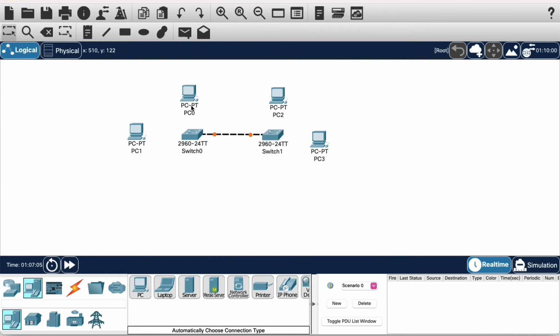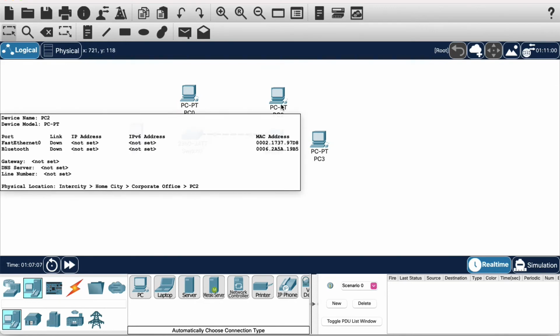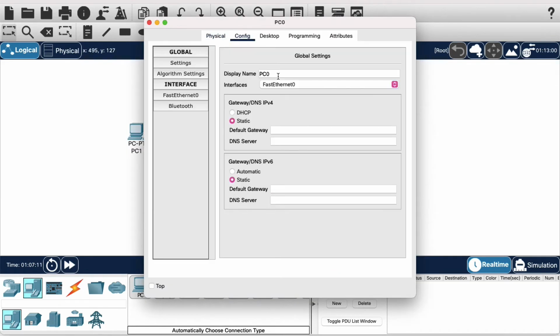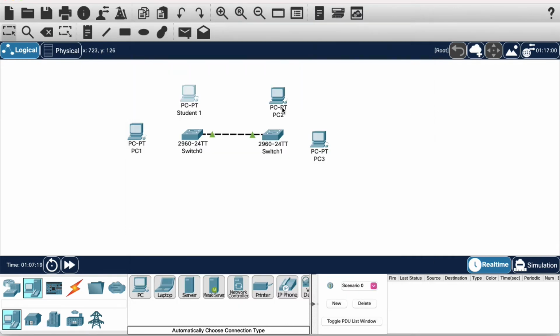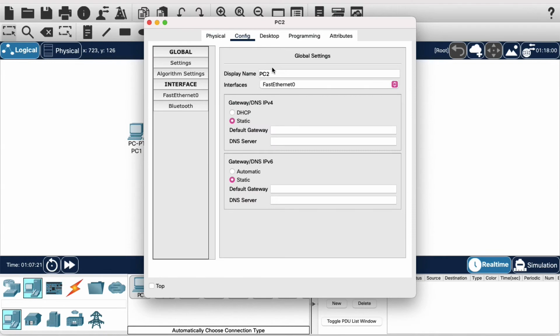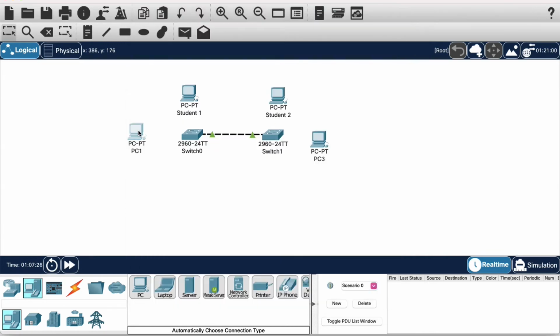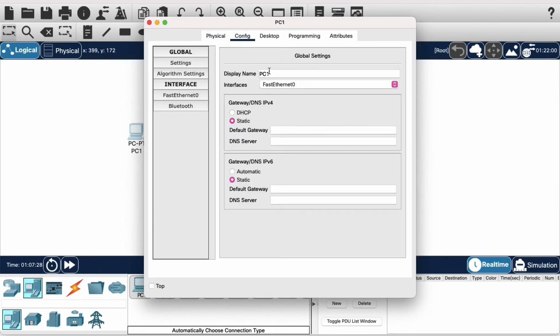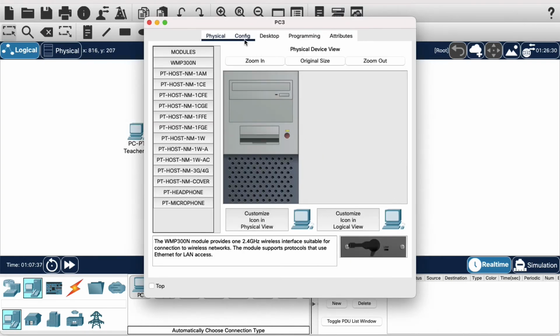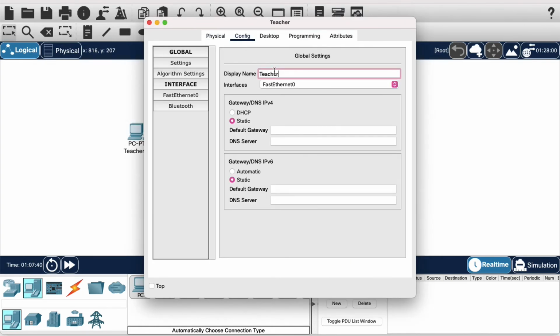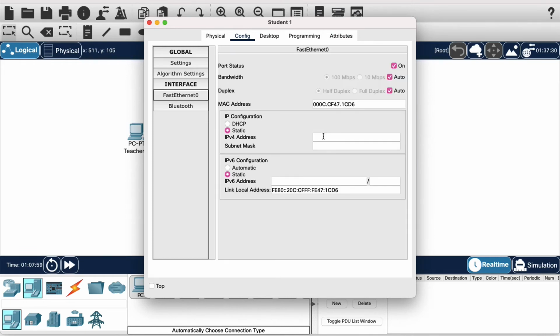So what we are going to do is PC0 and PC2 here are going to act as our students. So student 1, and this device is going to act as student 2, and this device we want to configure it as teacher 1, and this device we want to configure it as teacher 2. So let's give our student an IP address of 192.168.100.1 and subnet is